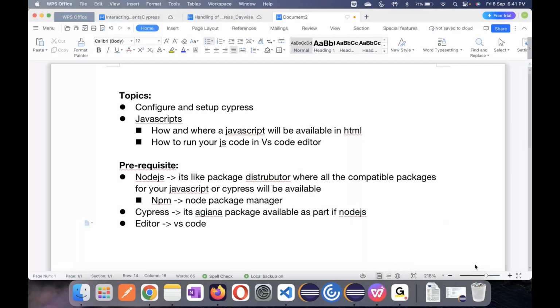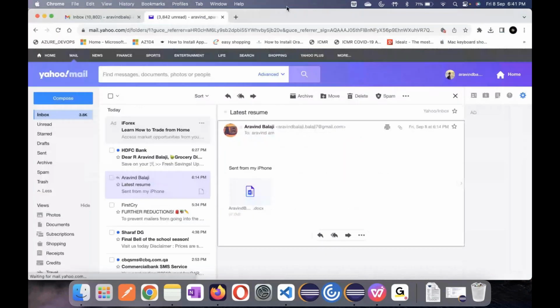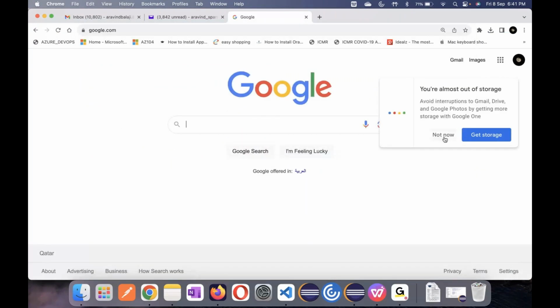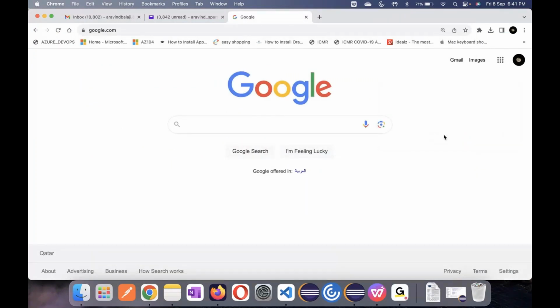Okay, so how to configure and set up your Cypress? The first things first, we need to install Node.js. So how to install Node.js? Simple. Go to google.com. Okay, so before installing Node.js, like